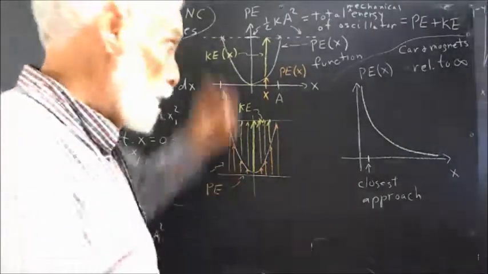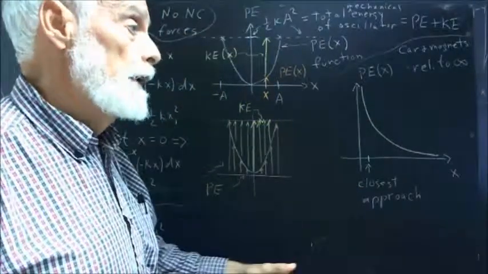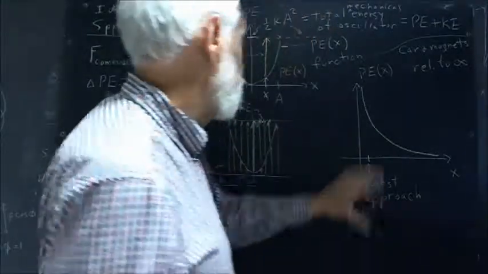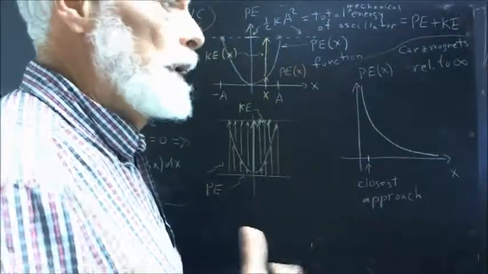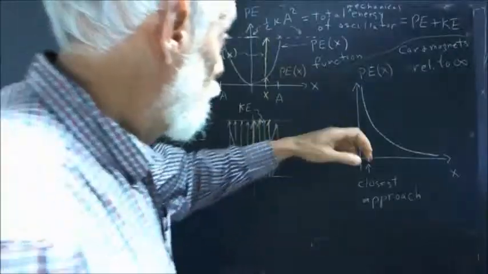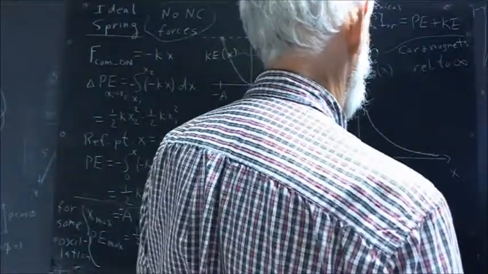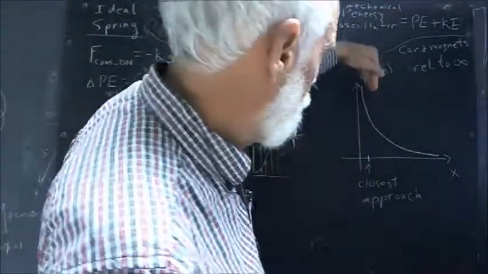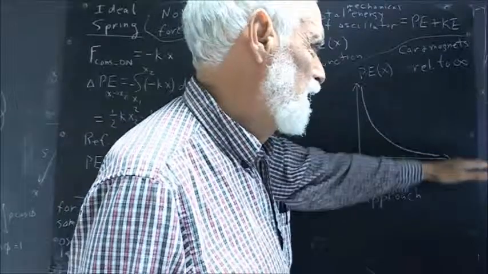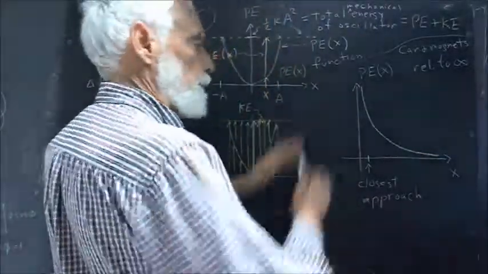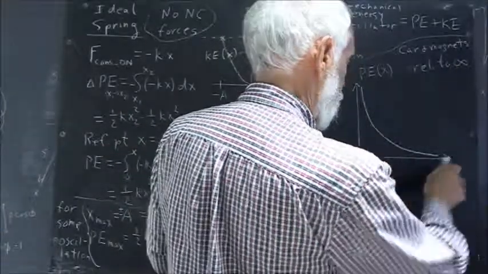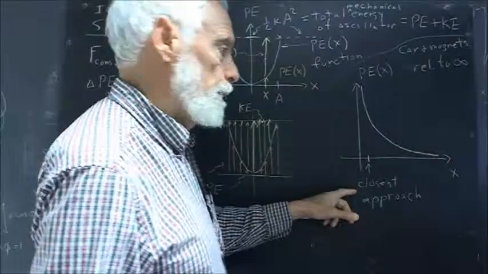We can do a similar diagram for the situation where you have a car and magnets. Now, here we don't have an oscillatory system, although we could modify the car and magnet system to be oscillatory. You have car and magnets relative to infinity. So I've just drawn this curve relative to infinity, and the curve is actually quite a bit sharper. It comes up very steeply and then levels off fairly quickly. But just to give us a schematic, let's say that this is the position, the x coordinate, at the closest approach,